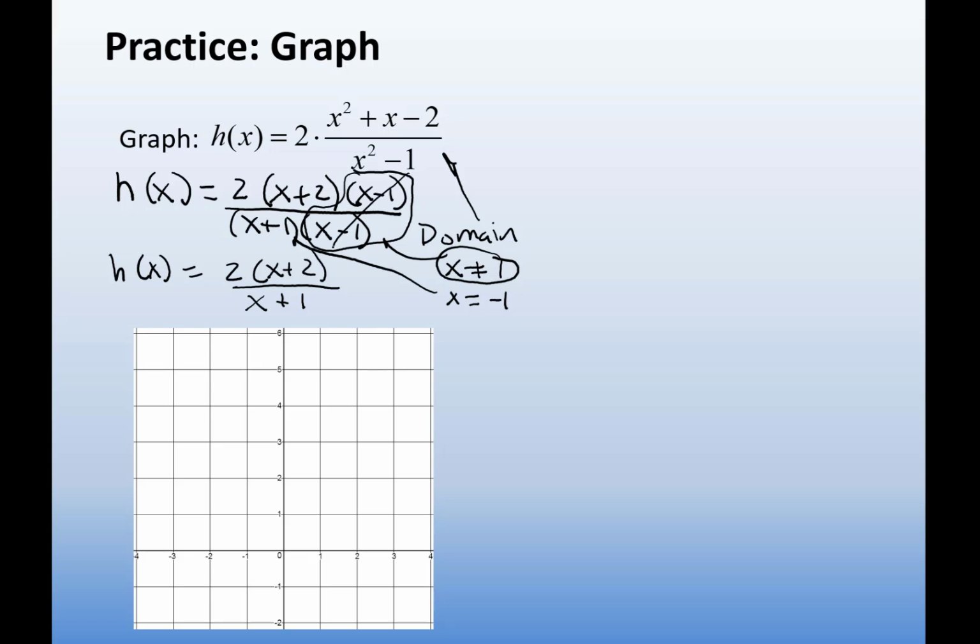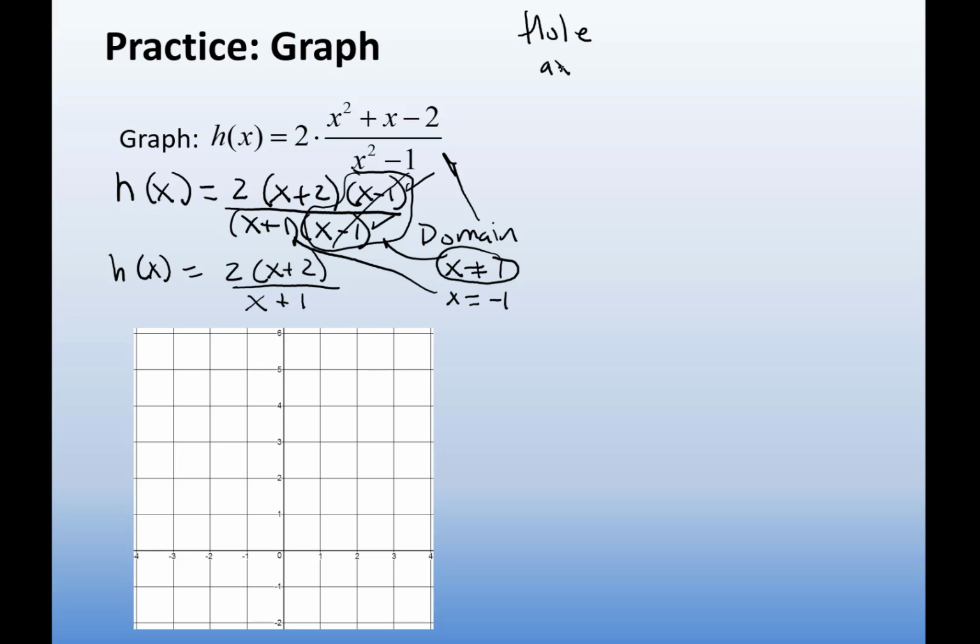When you have a linear factor that's the same on the top and the bottom, the denominator does cause a domain problem. So the domain doesn't allow us to use 1 in the domain. And the numerator has the same factor, which cancels out the factor. And that changes some of the graph characteristics. And the outcome of this is a hole. This is a special case. Whenever the numerator and the denominator have the same linear factor, we're going to get a hole in our graph